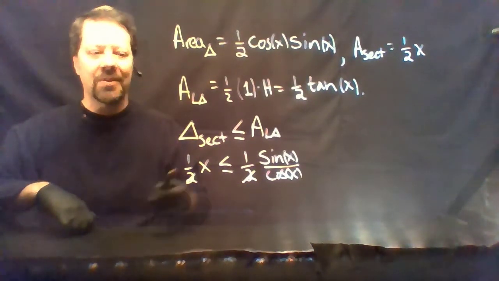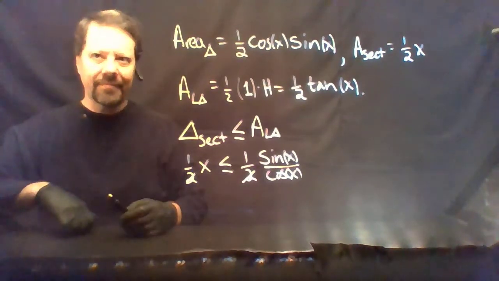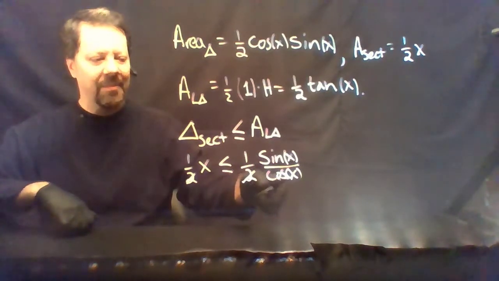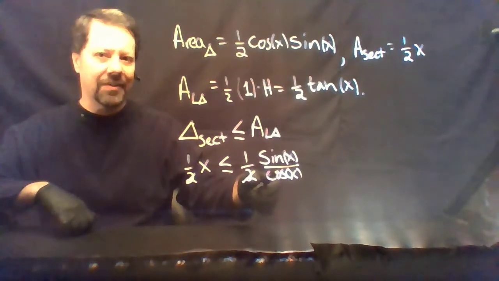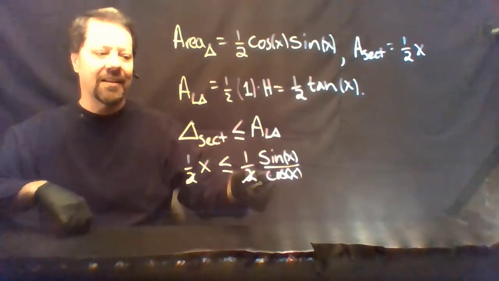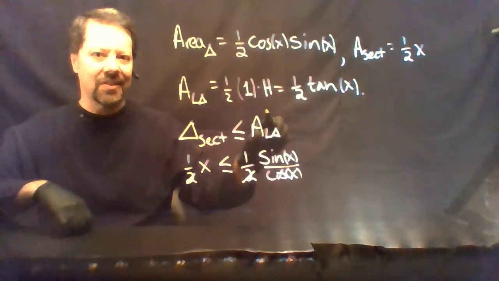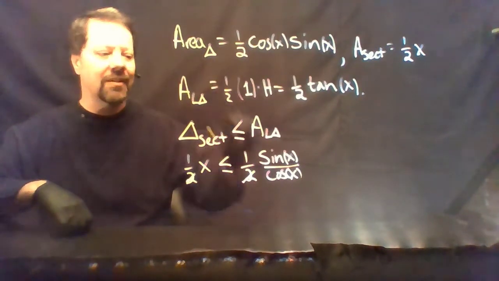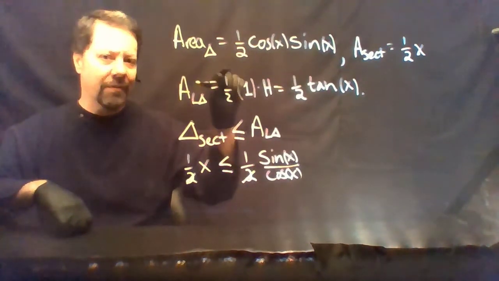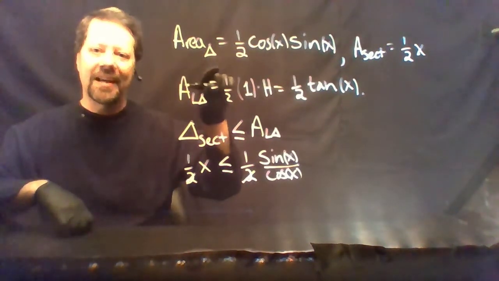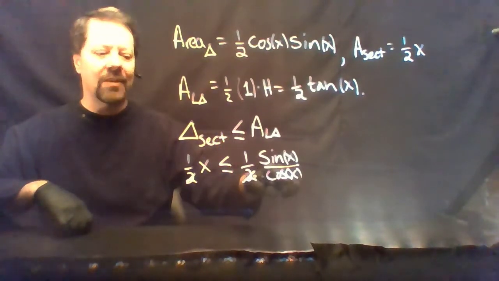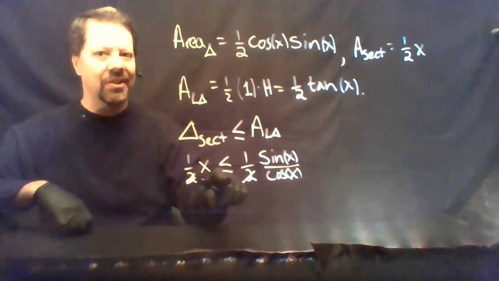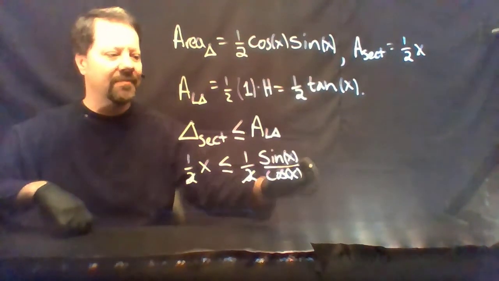Remember, we're choosing small values of x, because x is being sent to 0. So we can choose x to be within some very small range. Cosine is positive in both the first and the fourth quadrants, so if you keep x small enough, this cosine will be positive,